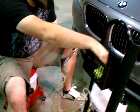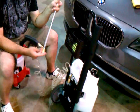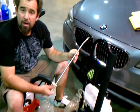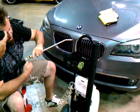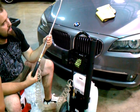The price range is anywhere from $35 to $85. On our unit here, we actually include it. Now it's a stainless steel extendable, and you have your same sprayer tip with the quick release on here. So if you're doing cars that are a little bit taller, or if you're working on engine compartments that are hard to reach, or doing wheels where you like to reach inside the wheel, you can go ahead and attach your sprayer just like you did with the simple one, fast and easy,